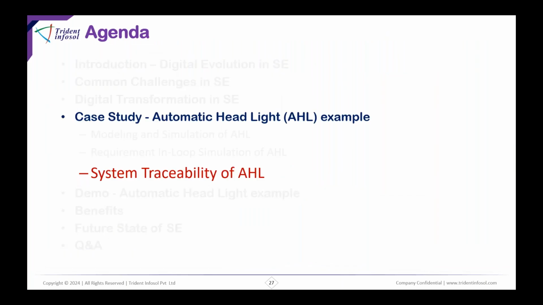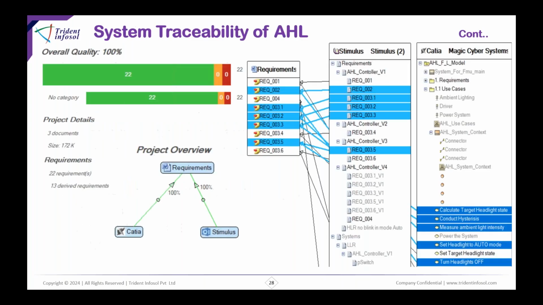So now we have modeled the HL, and the requirements are simulated and validated. Now we have traceability, from the requirements to a model, and from the model to the requirement simulation and validation. So we have a traceability solution. Here you can see that model elements from the SysML model project and Stimulus requirements are traced to the requirements. You can see the traceability graph